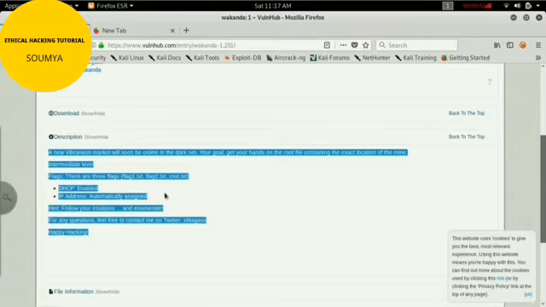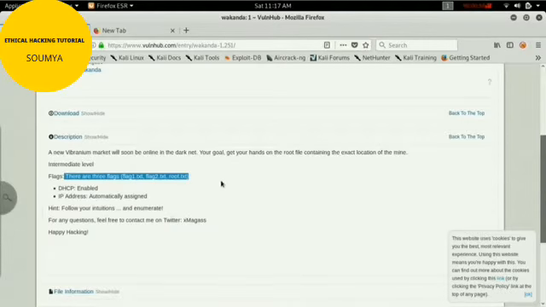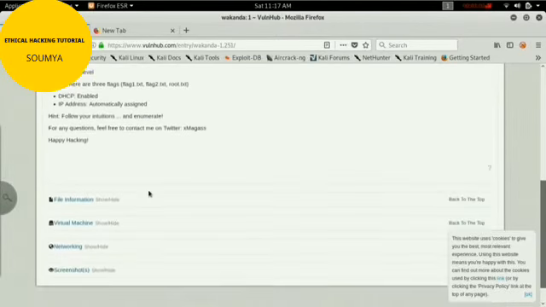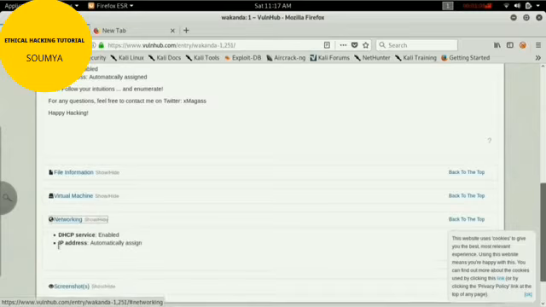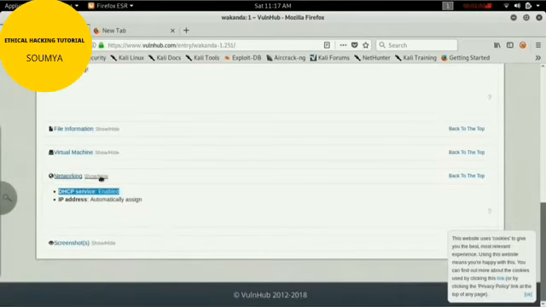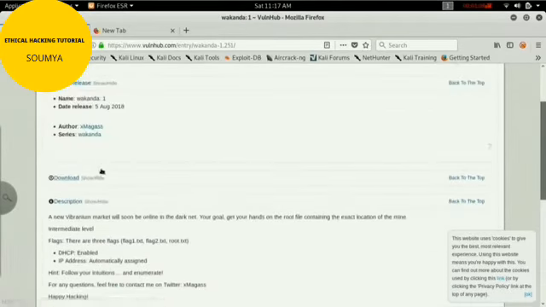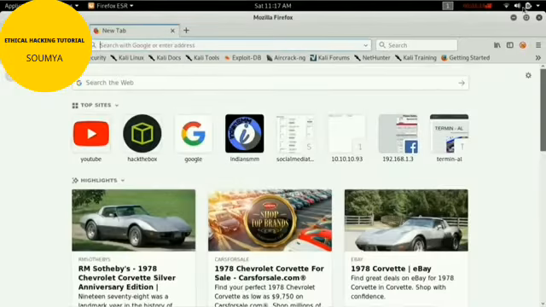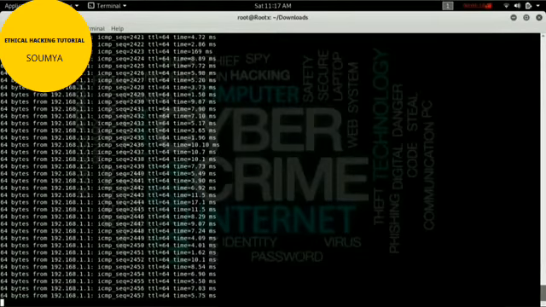They have some tasks. It's also DHCP enabled. There are 3 flags: flag 1, flag 2, and root. Okay, and we have to enumerate everything. Let me show you that it's DHCP. I know that. And where is the download link? Yeah, it's downloading. You can download with the torrent, or you can download with IDM.